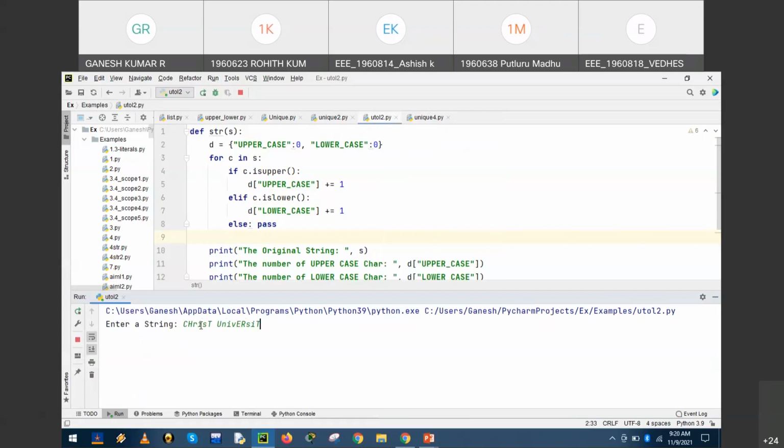Fine. So we have typed a mixed string. Christ University, a blank space. So it is 1, 2, 3, 4, 5, 6, 8, 9, 10, 11, 12, 16 characters, excluding blank spaces. Right. So the total number of characters is 16, out of which